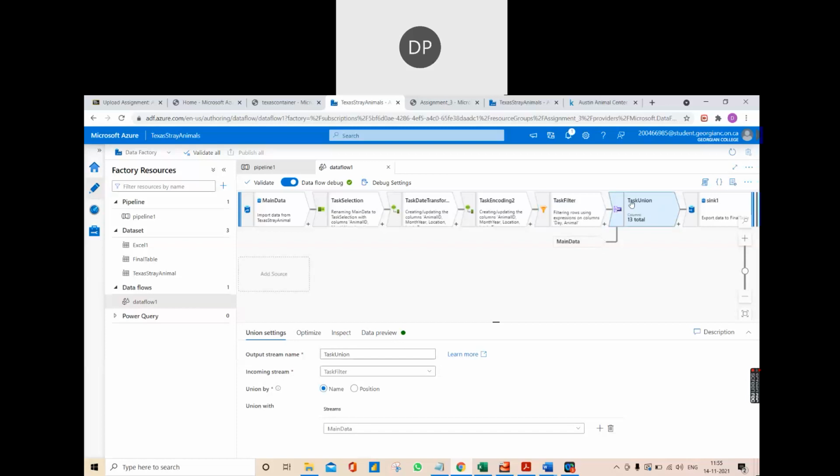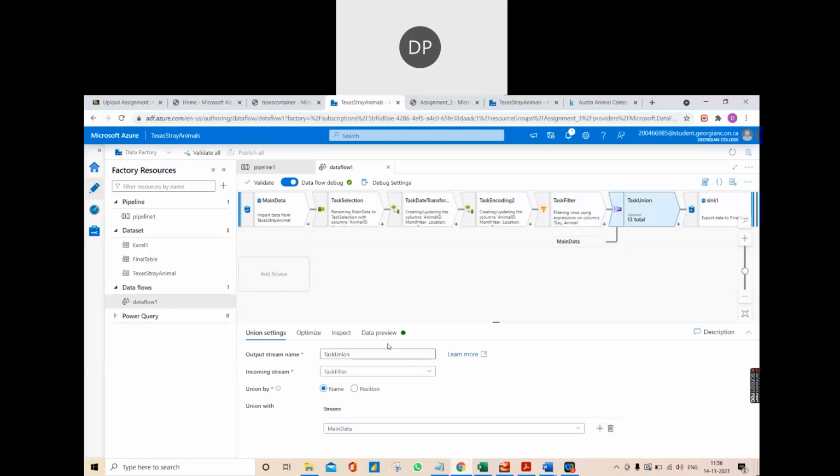Yeah, hello everyone. The next task is task union. Coming to the details of the task, the output stream name is task union and the incoming stream name is task filter, which is the previous task as explained by my team member Dhruval. In this task, the previous task output is merged with the main data stream, as shown right here.